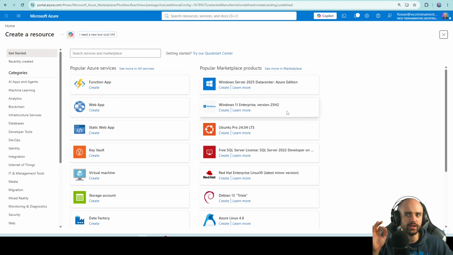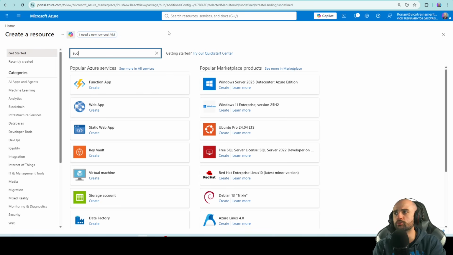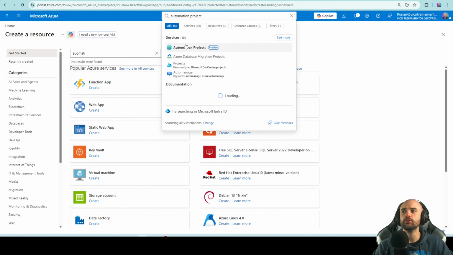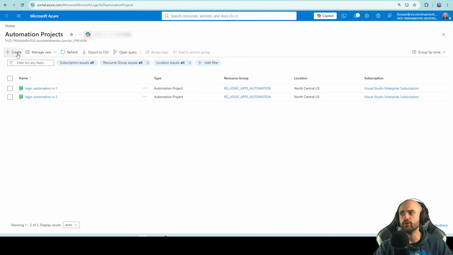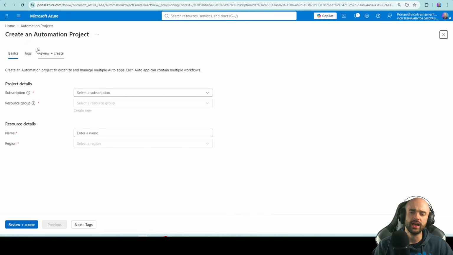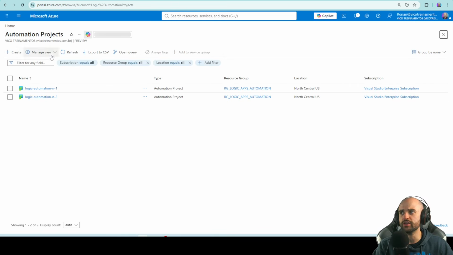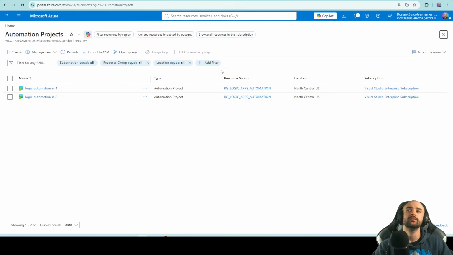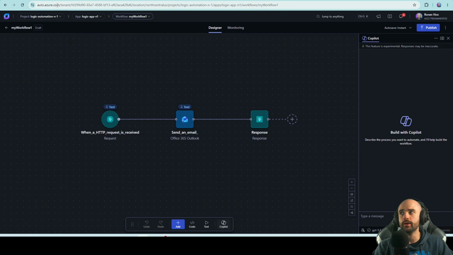First step that you need to do here is to go to the Azure and look for automation project. It's a little bit easier to search here. So automation project, and you will create your new instance for that. Okay, so you select your subscription. That's the default at Azure. Just create your automation project and you will have one instance like that. Then you can go and open the